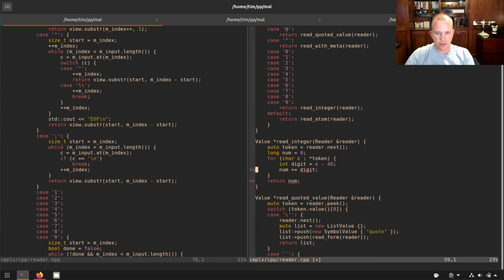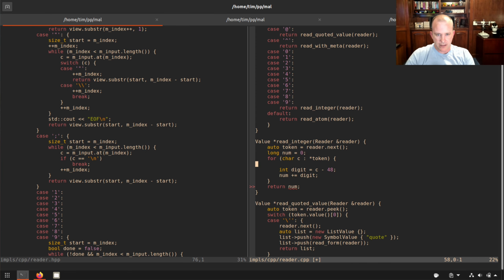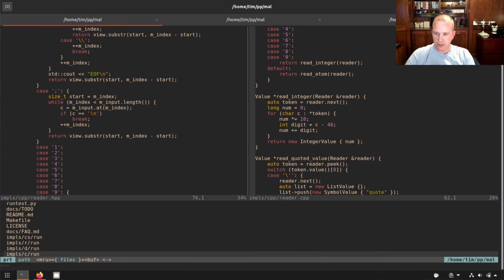And then the second time through, we need to multiply it by 10 because it's all base 10. Oh, but I can do it the first time through, because 0 times 10 is still 0. So I can do it every time. I can multiply by 10 and then add the digit. Ooh, I think that's right. It's been a while, but that might be how you read an integer. Maybe. I guess the way to check that would be to